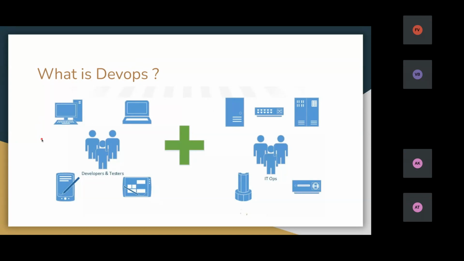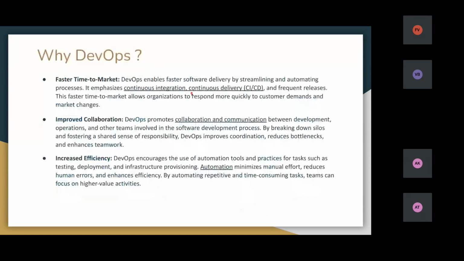There will be developers and testers, and there will be IT ops, and combined together, it is called DevOps. Then what are the main advantages of DevOps?